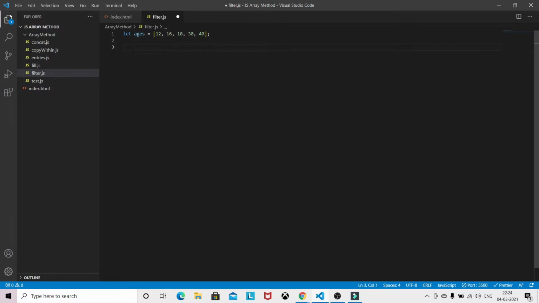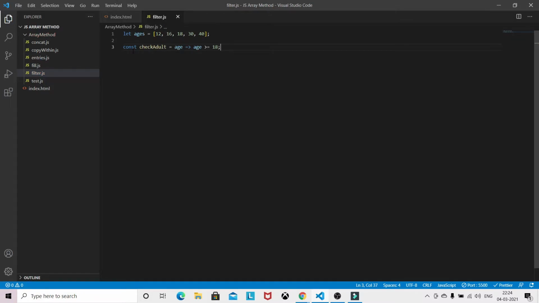We are adding one function to get the adults. It will accept age. Since we are using an arrow function, we can return in the same line without using the return keyword. For adult, the age is greater than or equal to 18.